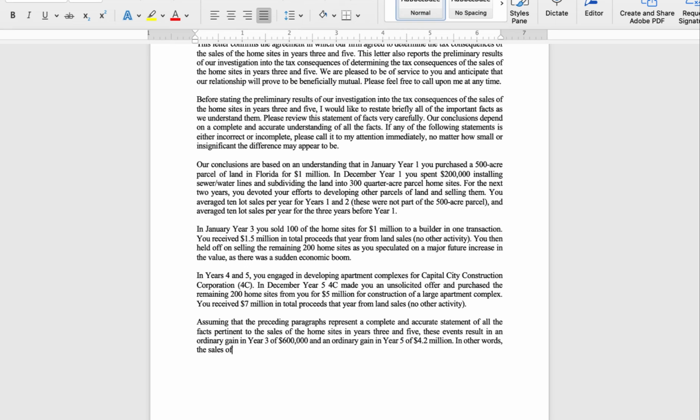In other words, the sales of the home sites result, and this is where we get into the layman's terms, in gains taxed similarly to wages or business income and do not get the preferential